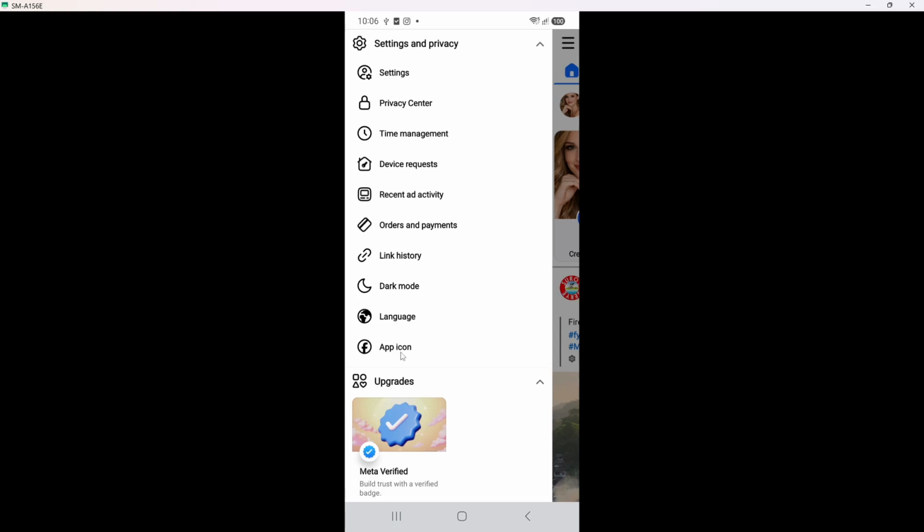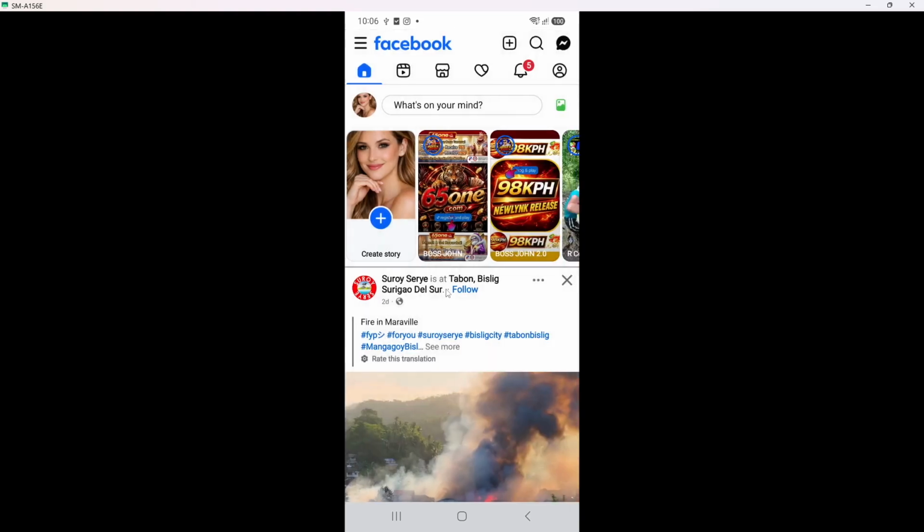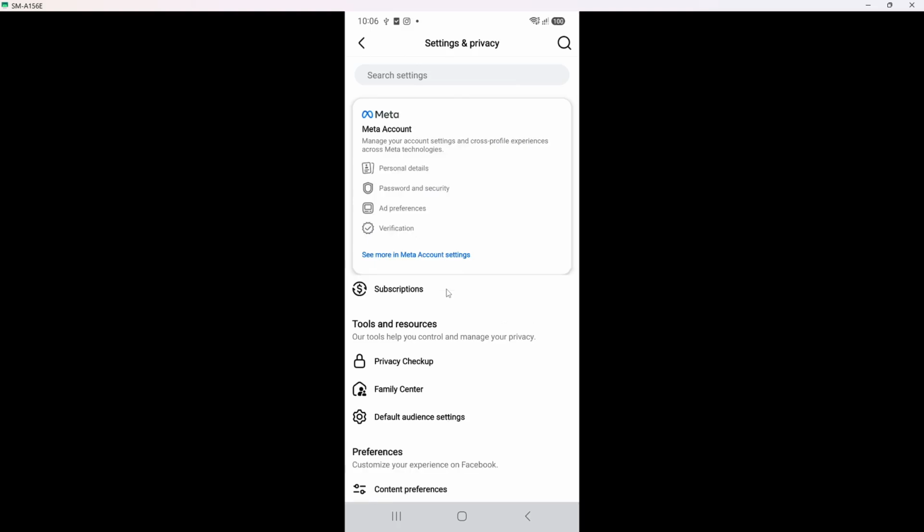From there, tap Settings. The settings screen is longer, so you may need to scroll. At the top, you will usually see sections for account, preferences, and audience and visibility. This is where Facebook keeps controls that affect Messenger and Facebook Dating, even if it does not say dating by name. Now find active status.